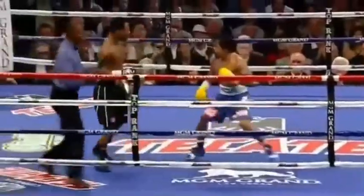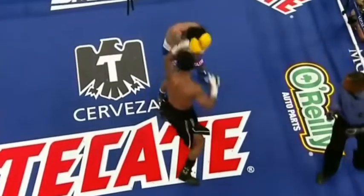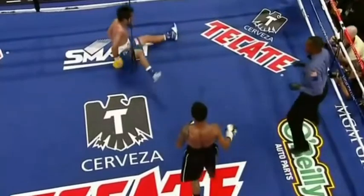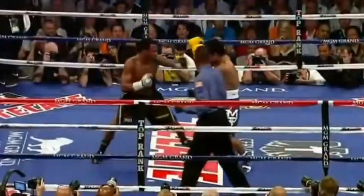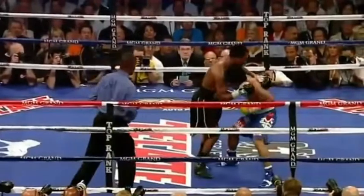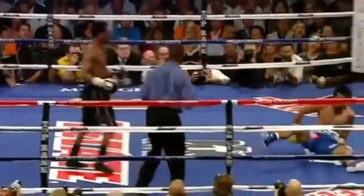Mosley on his feet. Replays to see, and we will see whether this looks like a knockdown. It's a missed right hand, and there's no question that was not a knockdown. There was a right hand thrown by Mosley. It just doesn't look like it landed. We'll look at it again to see if we can tell. You know what? Pacquiao actually threw the right hand, and it seems as if right here, yes, Mosley just pushed him off. No question, that was not a knockdown. And Bayless...